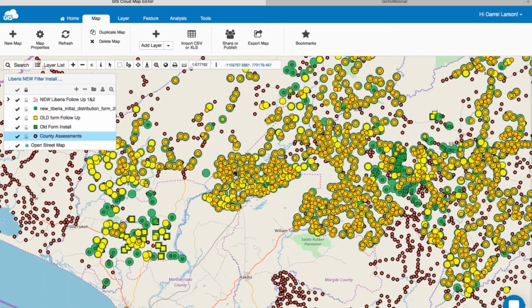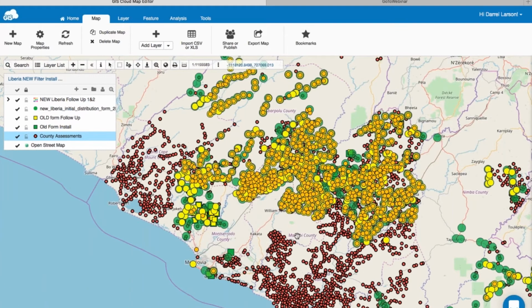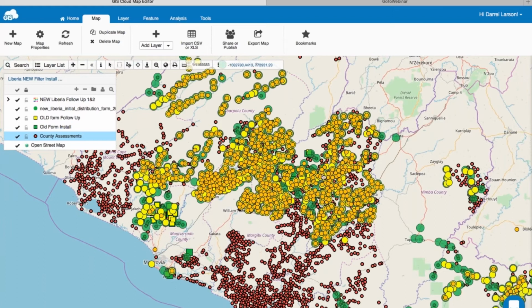This is a project map that the Last Well uses that shows where all of their filters have been installed. They work with their teams, and you can see that some of the green dots are getting installations that haven't had their follow-ups yet, and some of the yellow dots haven't had their second follow-ups, but all the orange dots mean those are completed. And in the midst of these villages, you'll also see some red dots in these clusters, which represent the larger villages that will actually get well interventions.